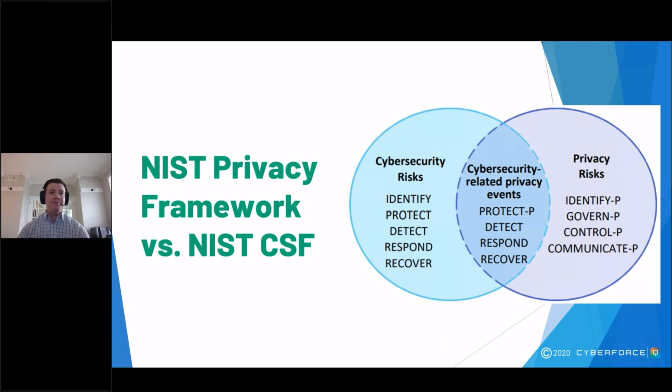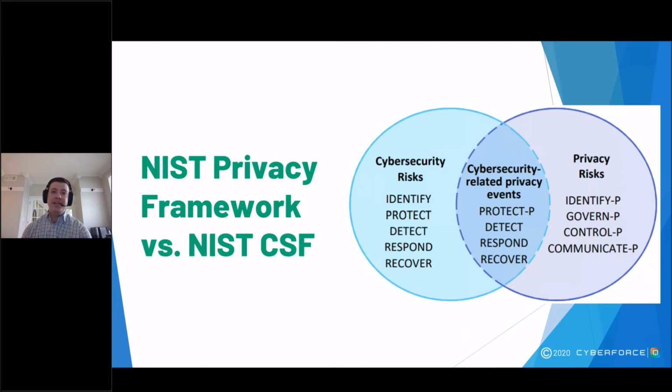The first integration option is simply to rely on the entirety of both frameworks at the same time. This approach would seemingly work well in organizations that have separate cybersecurity and privacy teams and would allow for very strong direct management of privacy risks. The disadvantage here is that there's a fair amount of redundancy, not just between the two NIST frameworks, but between the concepts of security and privacy entirely. This approach is going to be less efficient than the other alternative that I'll share, but that doesn't necessarily mean it's not a great option.